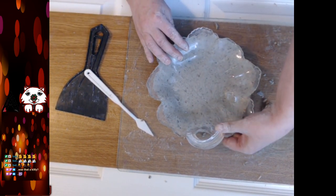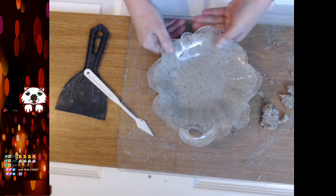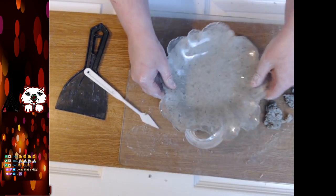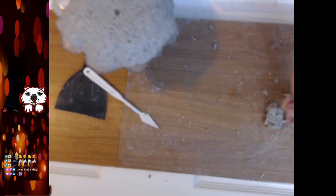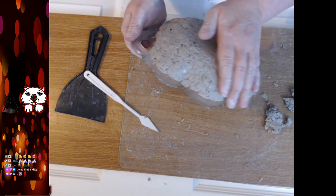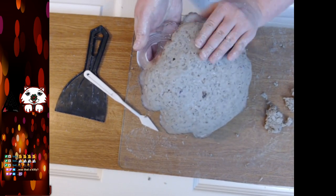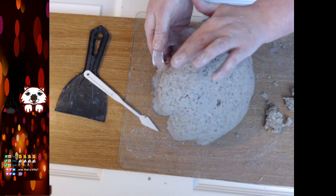Patience. Good. Feels pretty flat, so once it's actually on its own, it will sit straight. Just put the clay, so